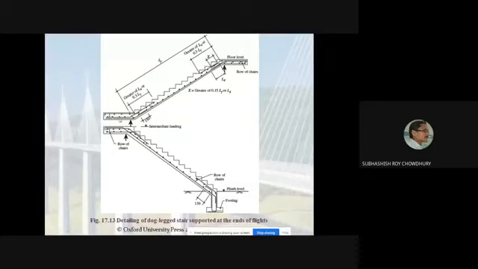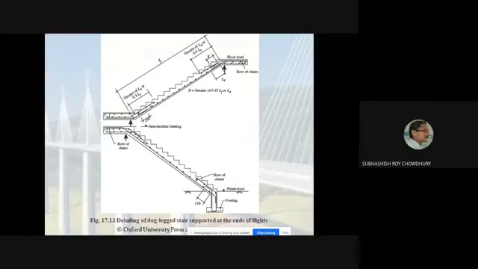Whatever steel you have provided here is okay, but other than this you should give some additional steel that should be bent in this way. This will form the top steel near the support. Here the support is at this location. So this steel length should be greater than Ld or 0.3 L effective. The effective span is measured from this point to this point horizontally. So this length should be one-third of the effective span or the Ld, whichever is higher.